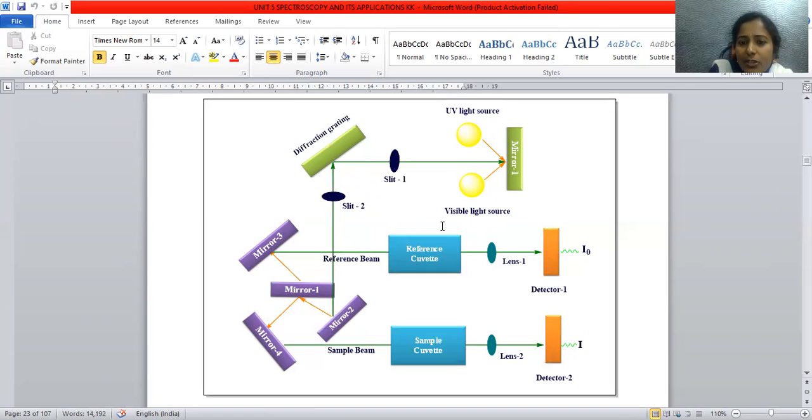Here we have a UV light source as well as a visible one. UV visible spectroscopy is collectively used to get the structure of unknown compounds, so we use UV light and visible light to emit this UV visible radiation.